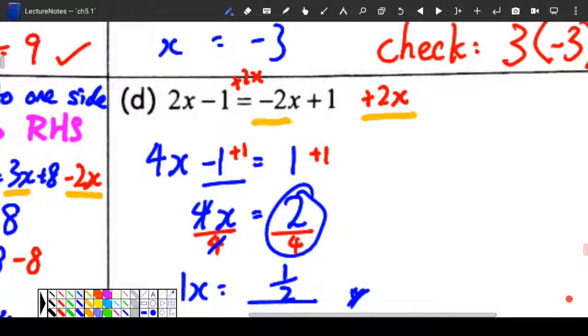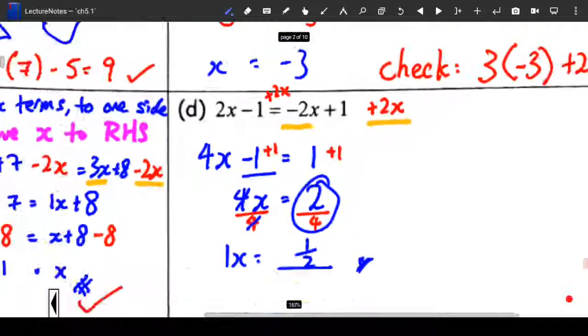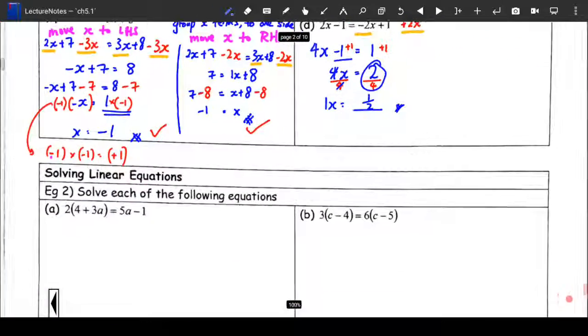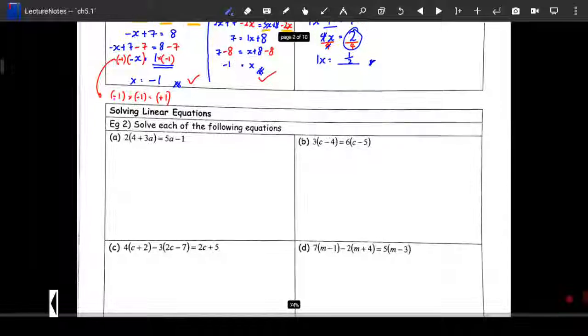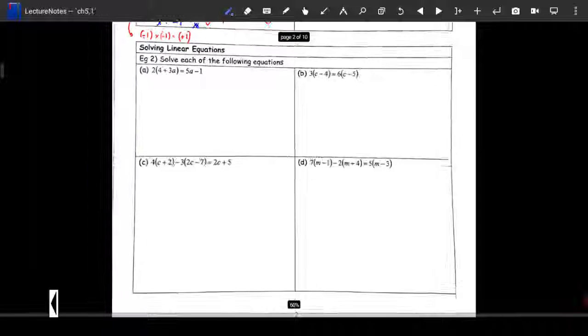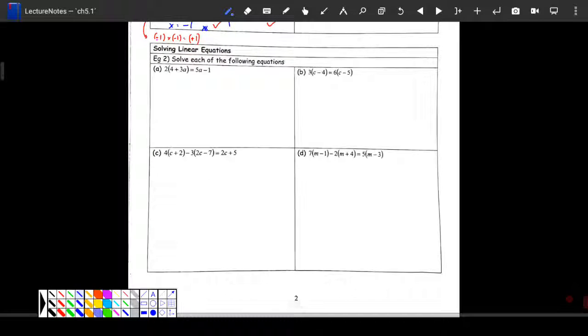Anyone got question? No? If no, your homework today is just to complete this. And I will look at your homework on the 19th of April, which is 2 days from now, which is a Thursday. Any question? No. If no,